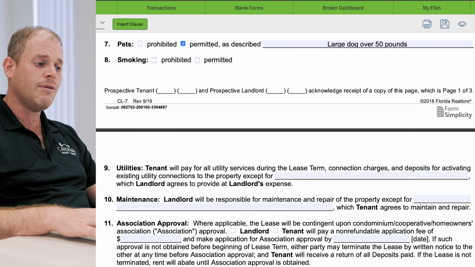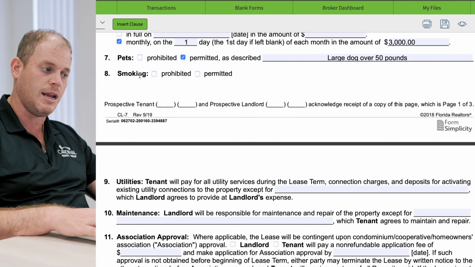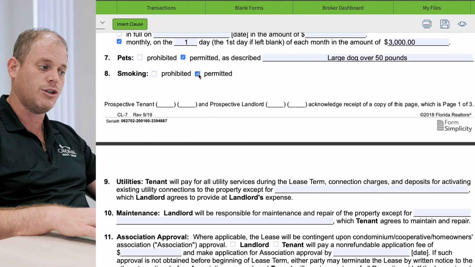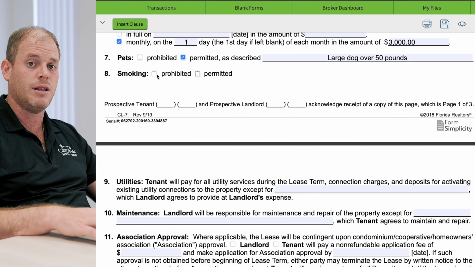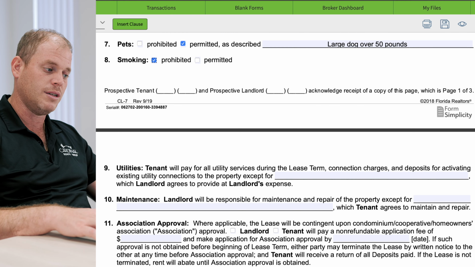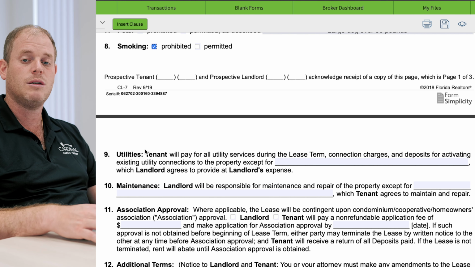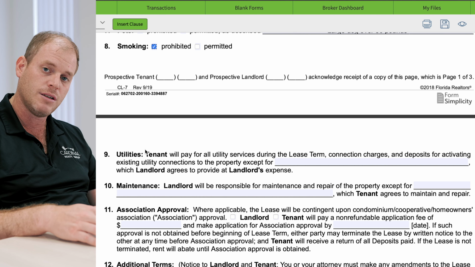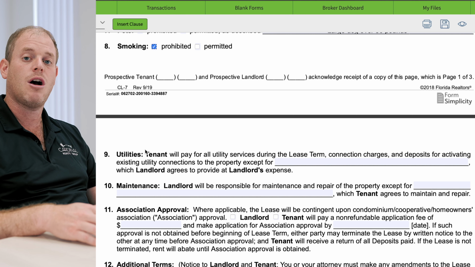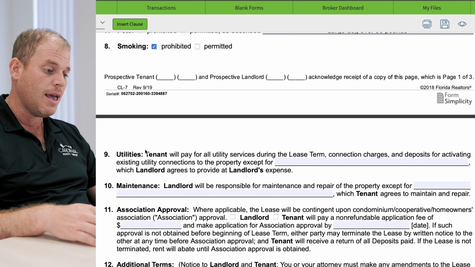No surprises. Anyways, guys, moving on from the pet section, going down here to smoking. If you smoke, you would want to check permitted, right? If you don't smoke, you would want to check prohibited. Most people are not going to let you smoke in their property these days. Okay? Anyways, moving down to section 9, utilities. Generally speaking, utilities will be the responsibility of the tenant. When you move into a property, you'll need to call FPL, you'll need to call your local water municipality supplier and